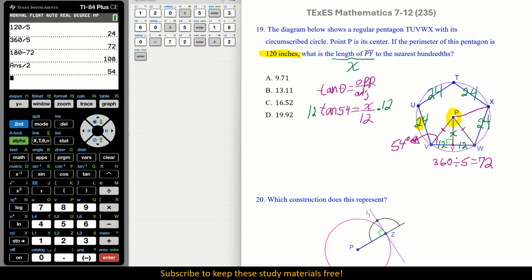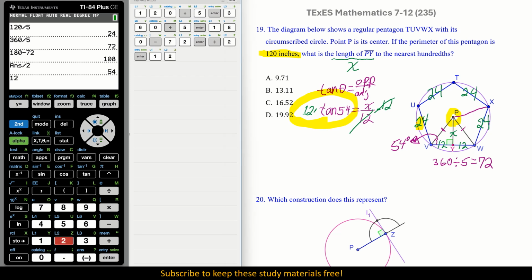Okay, if I could actually draw, that would be great. Okay, so these two cancel out. This gives us something viable to put into our calculator real quick so we can get an answer to this length of PY. Okay, so what do we need here? We need 12 times, there's our tangent, and